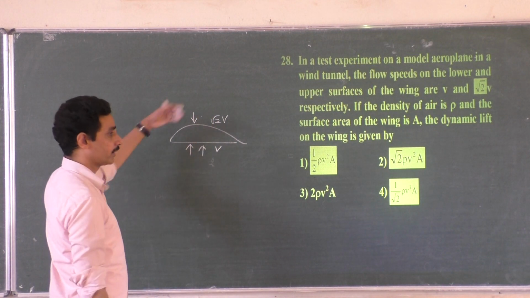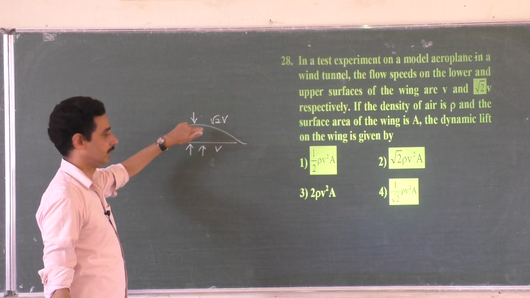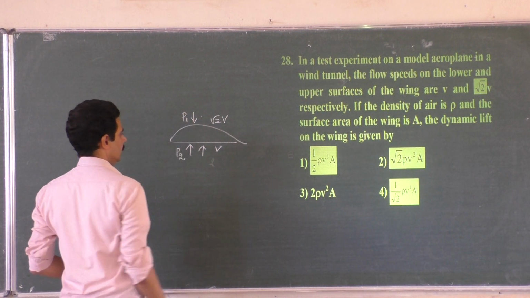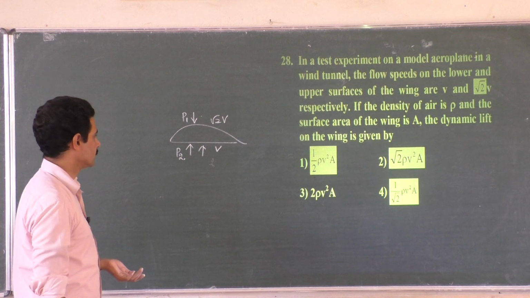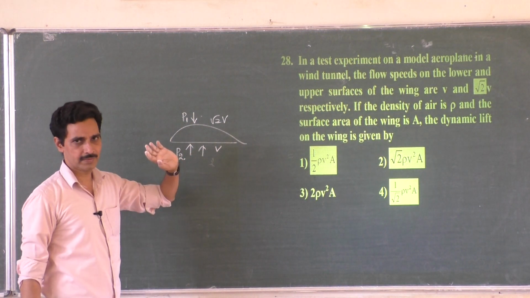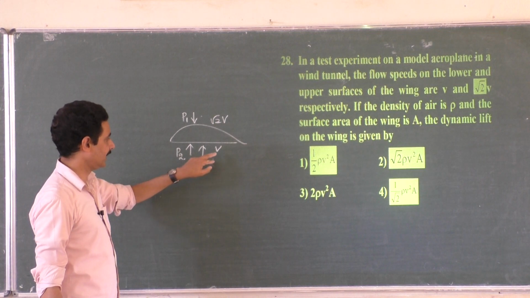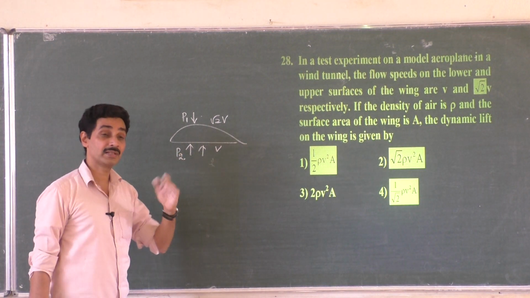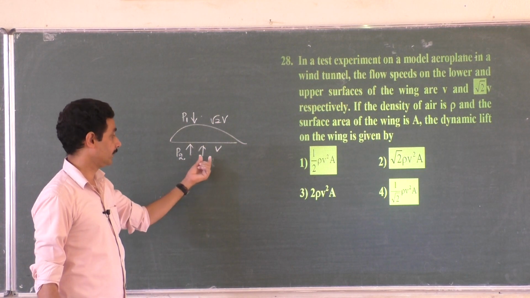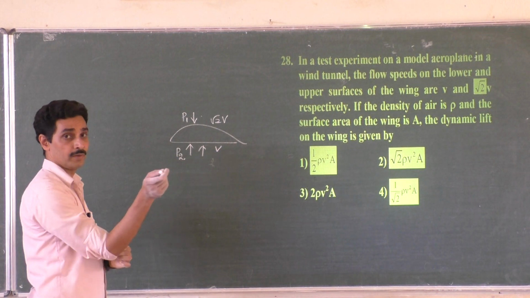Now you have to apply Bernoulli's principle. The kinetic energy here plus pressure energy here. Let the pressure energy here be P1 and pressure energy here be P2. P2 is greater and P1 is less, right? So how do you calculate it? If you write the total energy here and total energy here, that must be the same. Kinetic plus potential energy should be the same. Here kinetic energy is more, pressure energy less. Here kinetic energy less, pressure energy more. So how can you relate them now? Per unit volume you have to write.